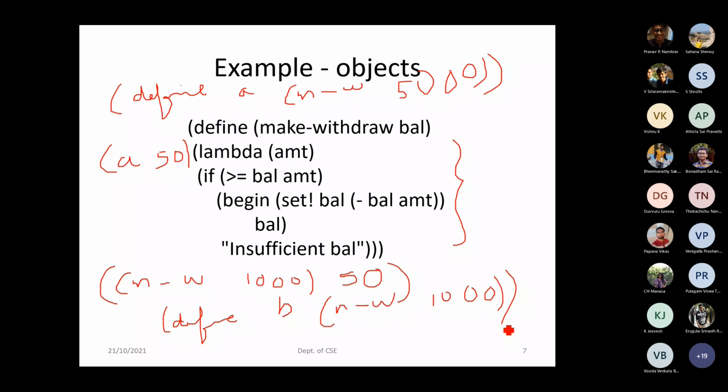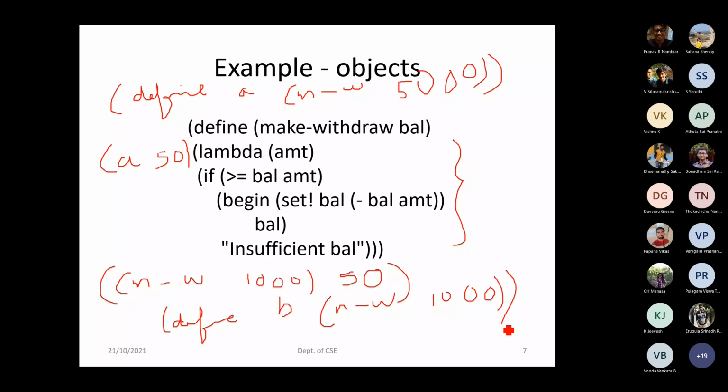So B's balance is 1,000. Whenever you call with respect to A, whatever the updated value is, that is 5,000 minus 50, that will be the balance you have. Whenever I call with respect to B, it will be 1,000. So like this, we can create different objects.